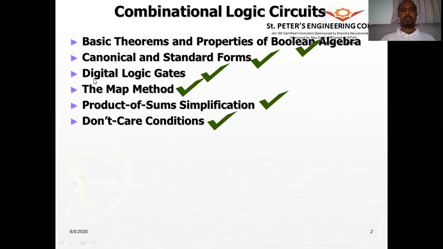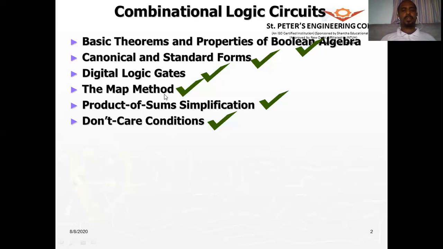That means each min term is called the standard product term, and each max term is called the standard sum term. Next, we have also looked into the different digital logic gates such as the AND gate, OR gate, and NAND gate. We have simply considered those different gates in terms of their functionality.